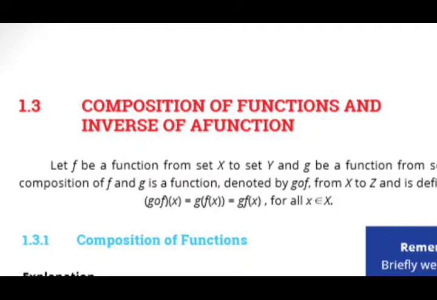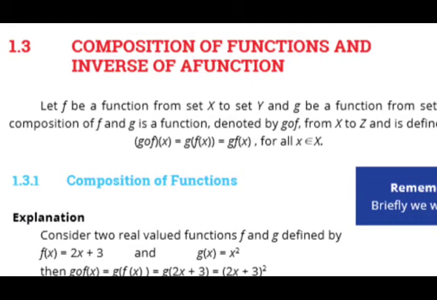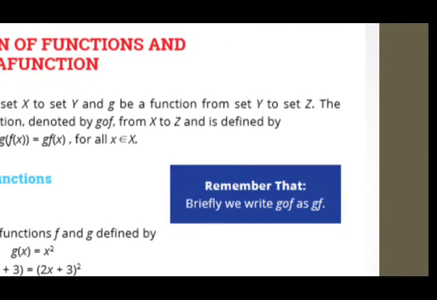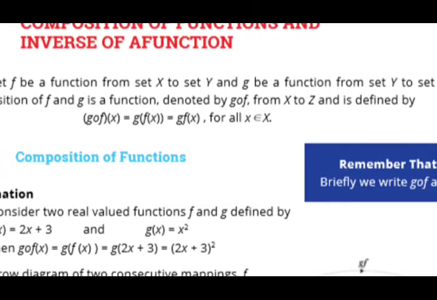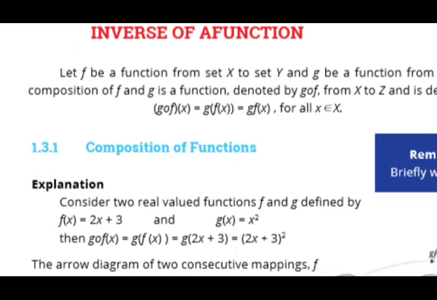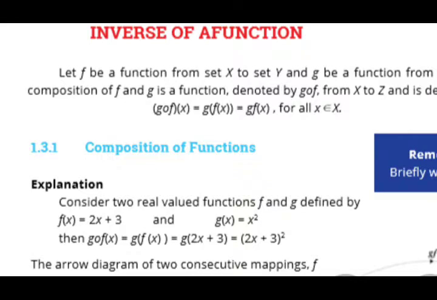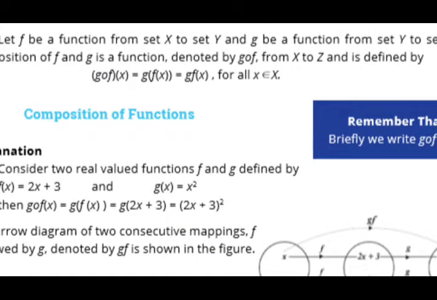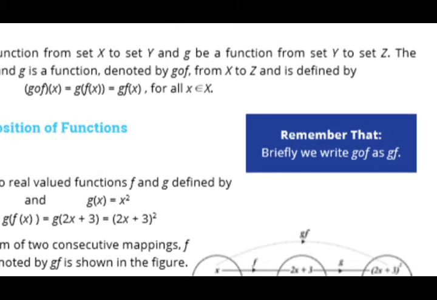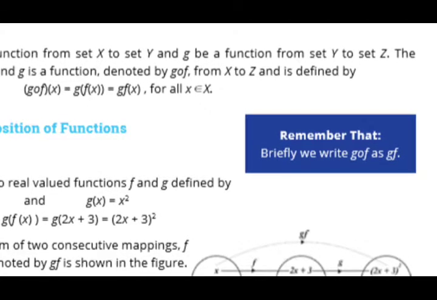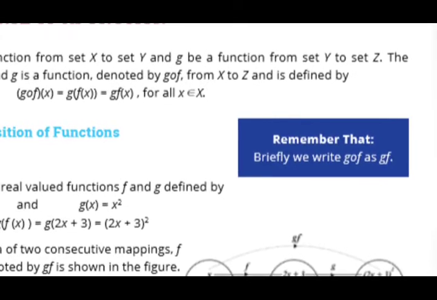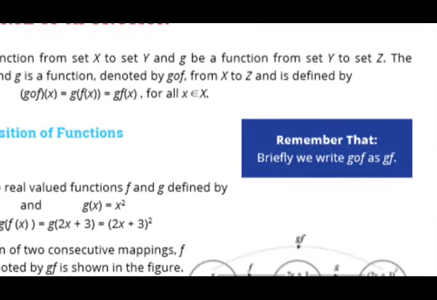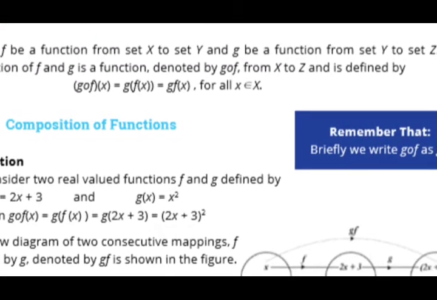Let f be a function from set X to set Y and g be a function from set Y to set Z. One function from X to Y and the other function from Y to Z. Composition of f and g is a function denoted by g of f from X to Z. We skip the middle value like Y and go directly from X to Z,